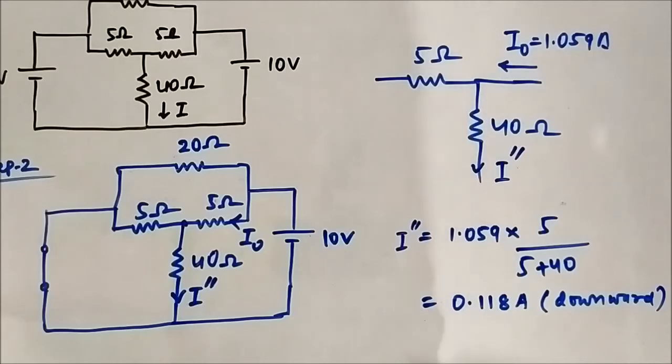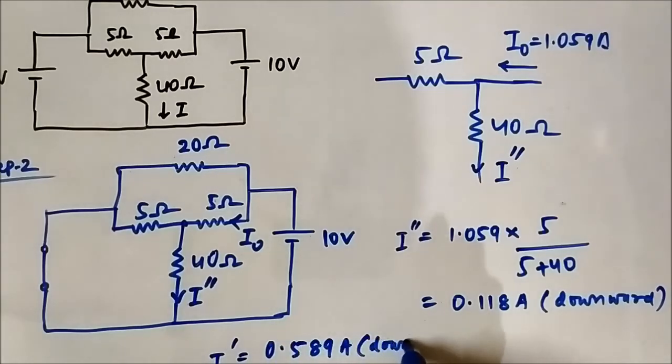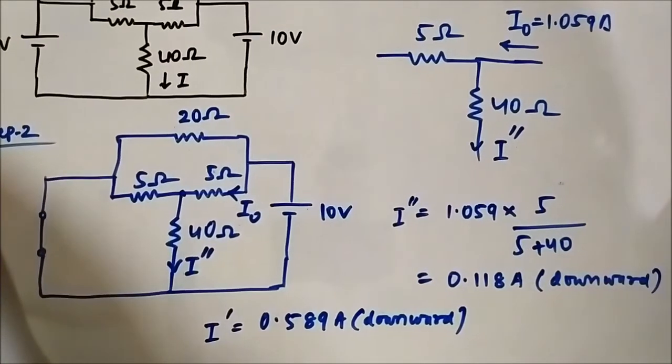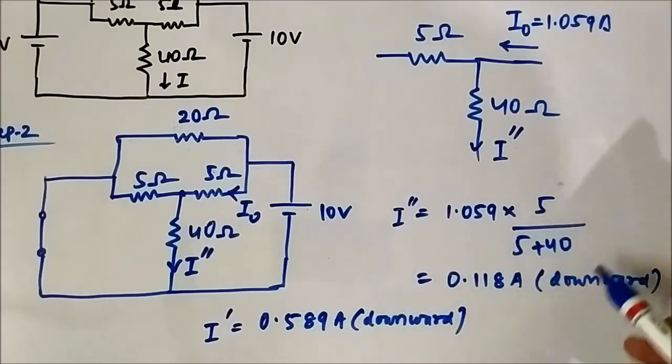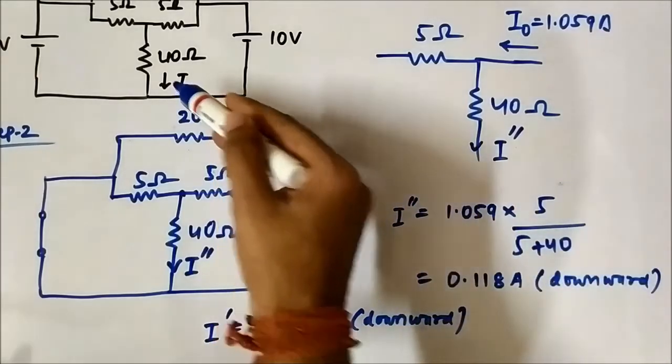Now if you remember, in the previous step we calculated the value of I dash because of the 50 volt voltage source as 0.589 ampere downward. That was also in the downward direction. So I dash is downward 0.589 ampere, I double dash is also downward 0.118 ampere,